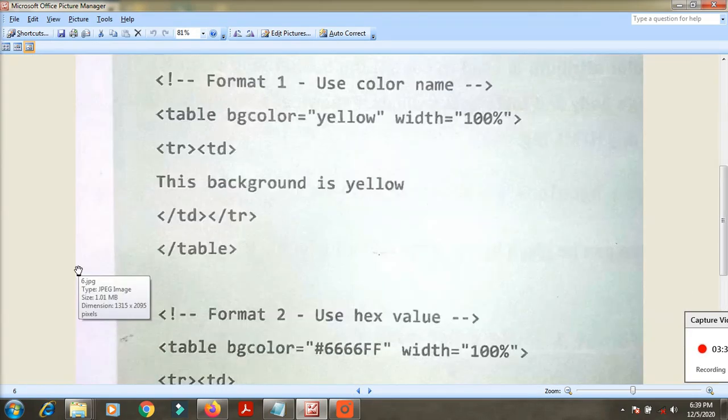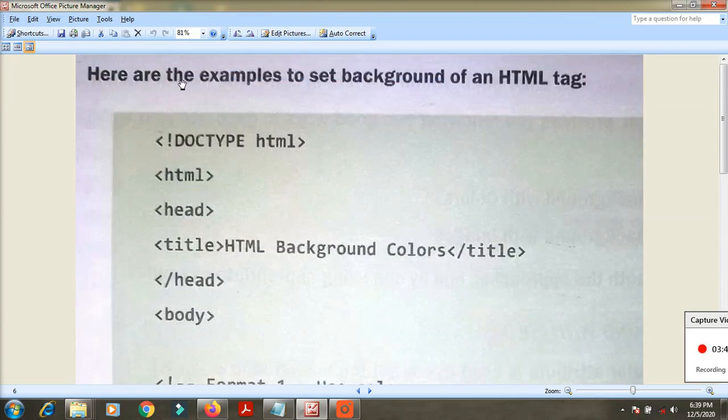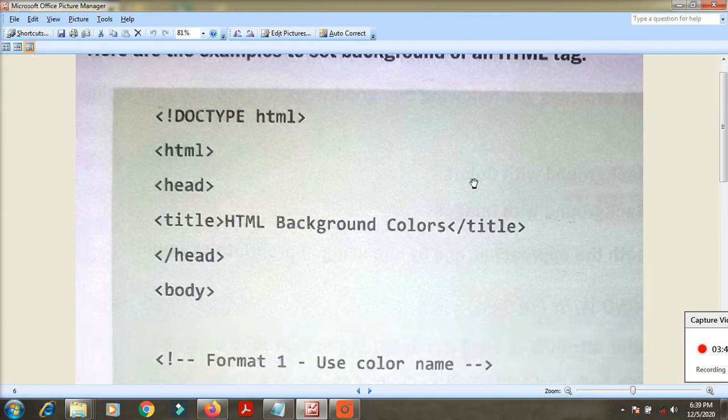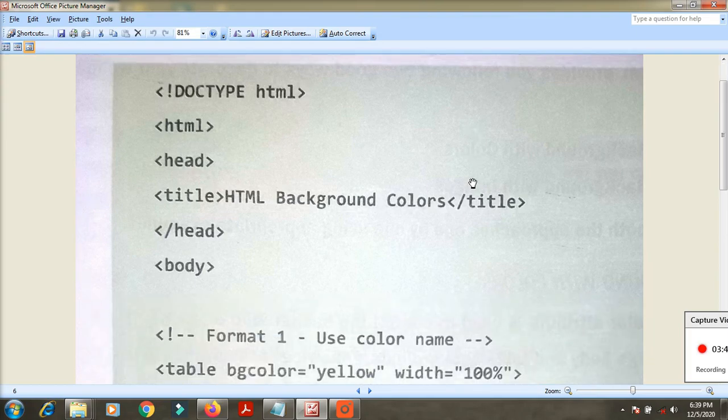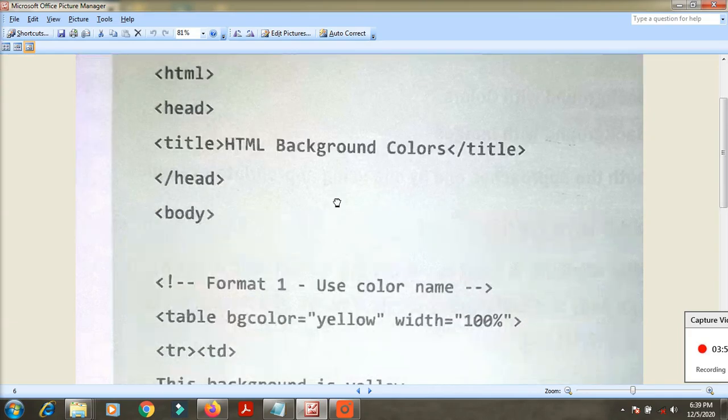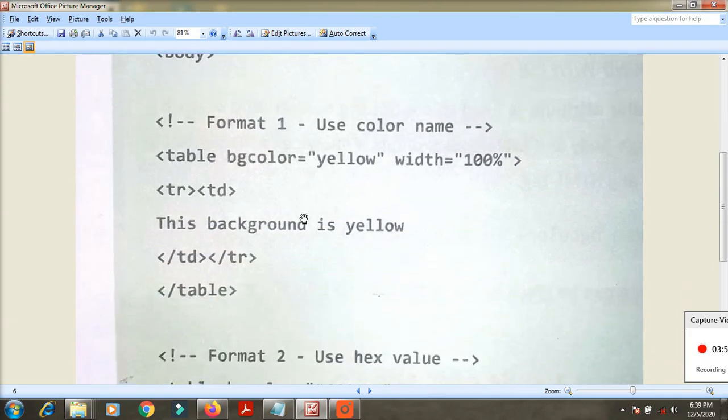See here, next they are saying, here is an example to set the background of the HTML tag. They mention here how to change the background colors. Here they have taken table BG color equal to yellow.